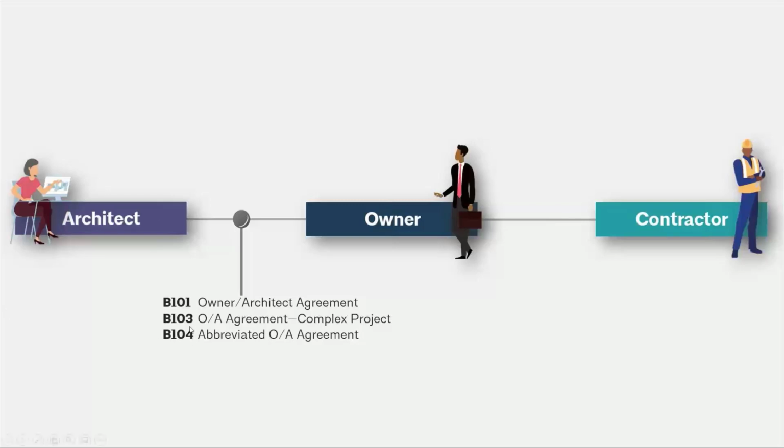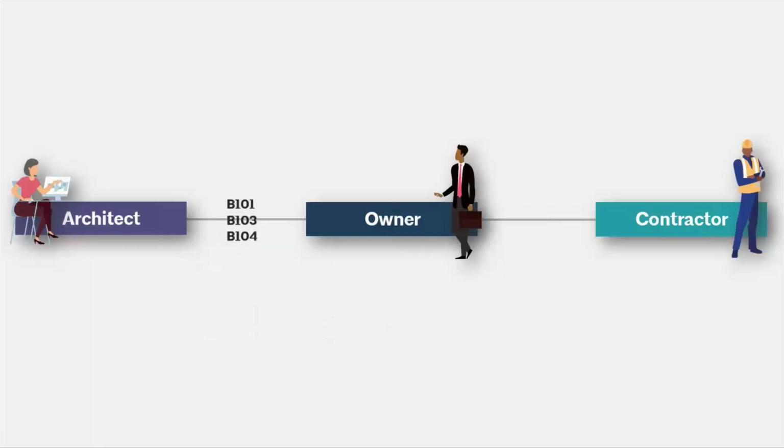about. But you have the standard B101, your owner-architect agreement, and then we also have a B103 for a complex project, and then we also have an abbreviated owner-architect agreement. So those are the documents that form the relationship between the architect and the owner, depending on the complexity of the